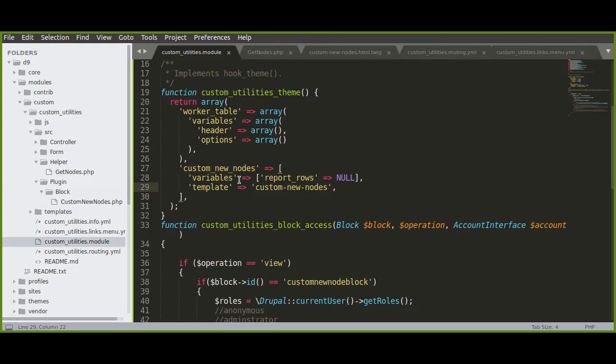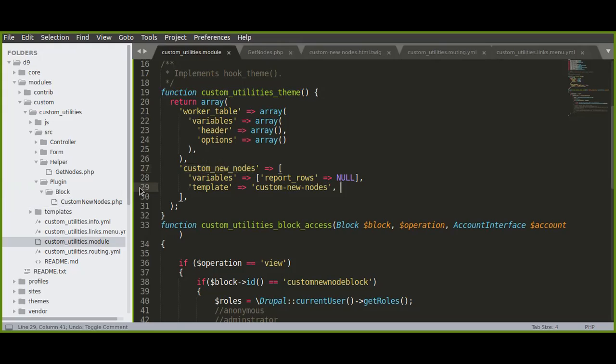Otherwise, by default, whatever key you have passed, it will take it automatically with a hyphen. I hope you understand what I'm saying. If it is not mentioned like this, it will get it automatically from this key, with a hyphen instead of an underscore.